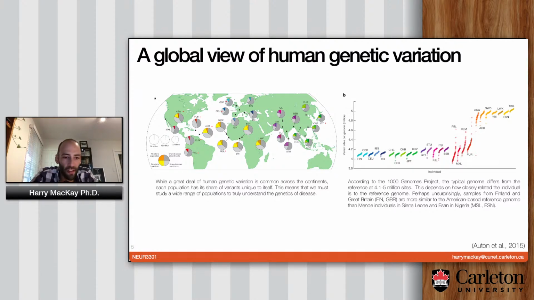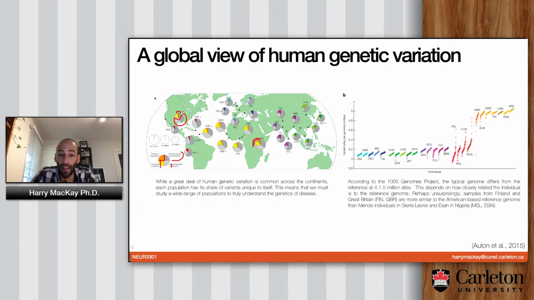And what these pie charts represent is the fraction of the variation that's either private to the population or to the continent, or shared across continents, or shared across all continents. So you can see that, okay, these people here have a fairly small amount of variation that's unique to them, and a fairly large part of it is in gray, meaning that they have a lot of genetics in common with everybody else on the planet. Whereas other groups have a larger fraction of variation that's unique to them. So this is just a way to eyeball this.